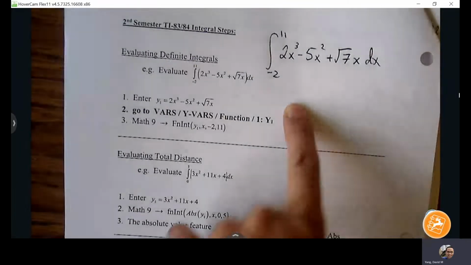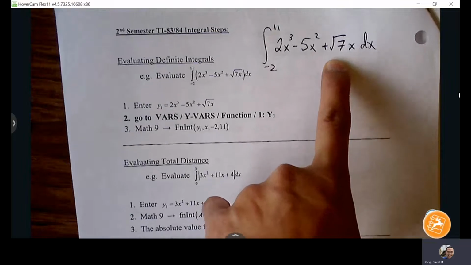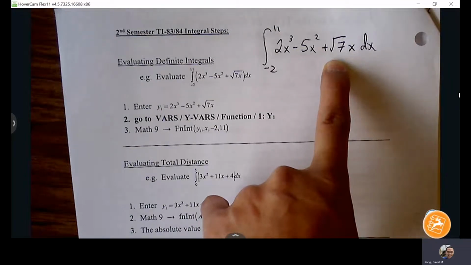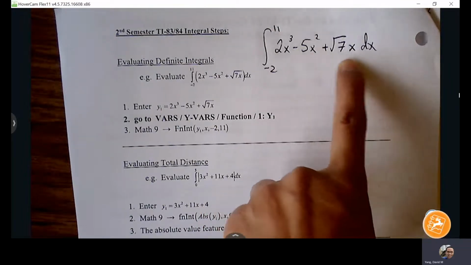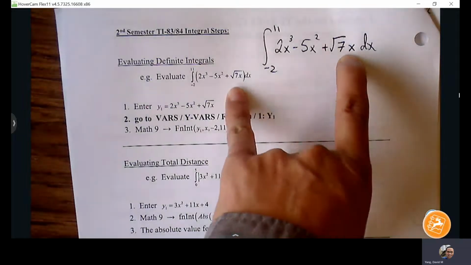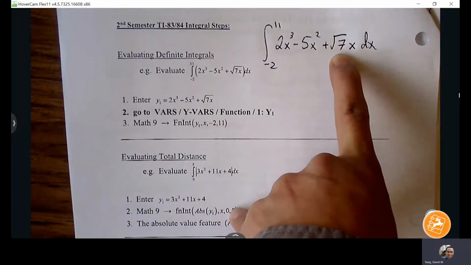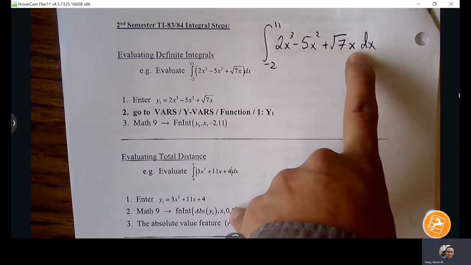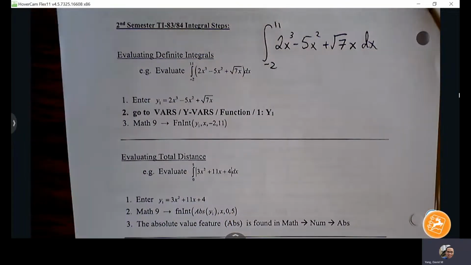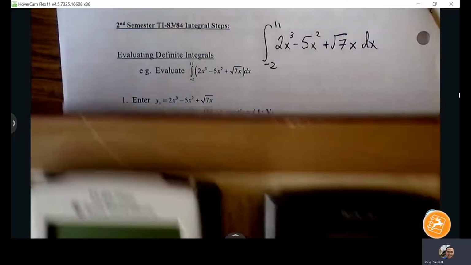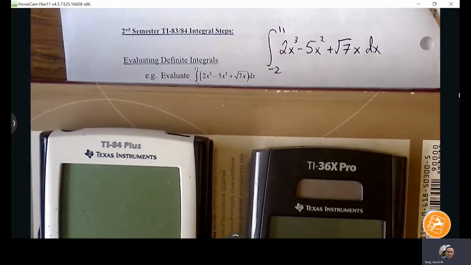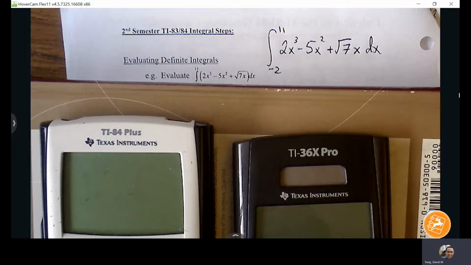If you guys can make a slight adjustment to the problem. I had the square root extend a little too far. So it should be square root of 7 with the x outside. What we're going to do is practice entering this in the calculator, and I'll show you the keystrokes for that. So when we evaluate definite integrals,